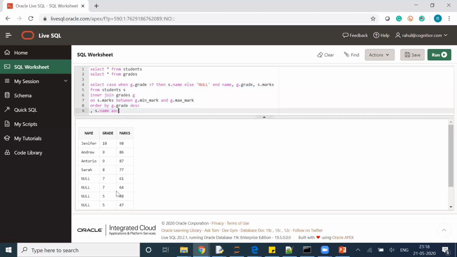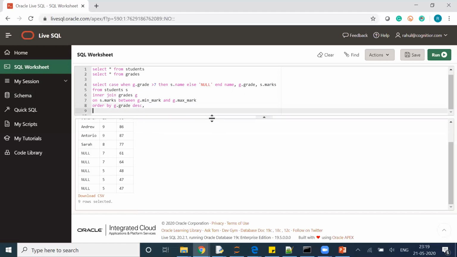But now for the second case, where the grade is less than 8, if the students have the same grades, then the output should be sorted by marks ascending. So this looks fine, 61, 64 coming in. But here the problem is 5, 5, 5, 48, 47, 47. We should get 47, 47 first, and then 48 should come in. That is what I'm looking for.